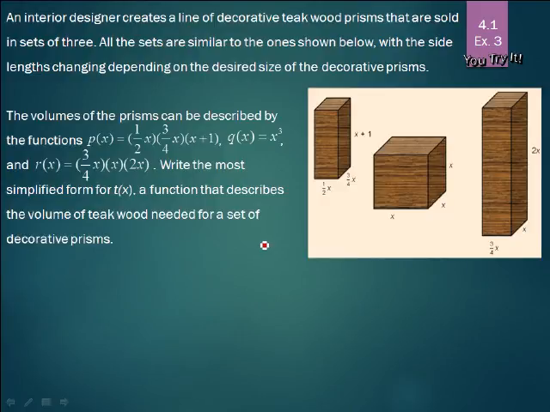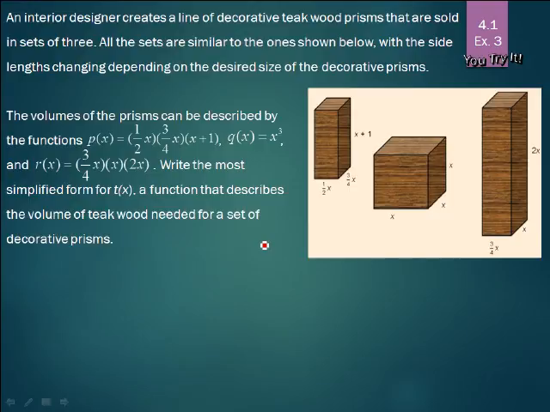An interior designer creates a line of decorative teakwood prisms that are sold in sets of 3. All the sets are similar to the ones shown below, with the side lengths changing depending on the desired size of the decorative prisms. The volumes of the prisms can be described by the functions p of x equals 1/2 x times 3/4 x times x plus 1, q of x equals x cubed, and r of x equals